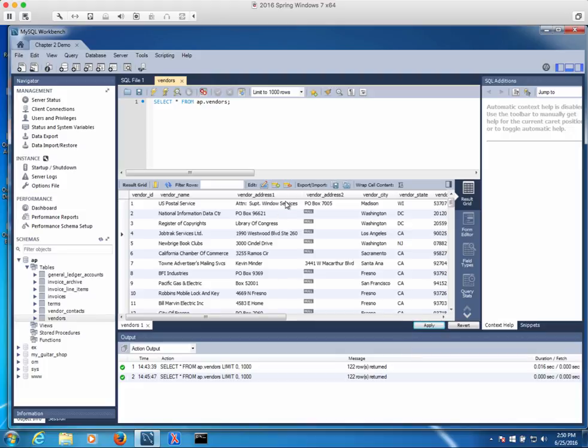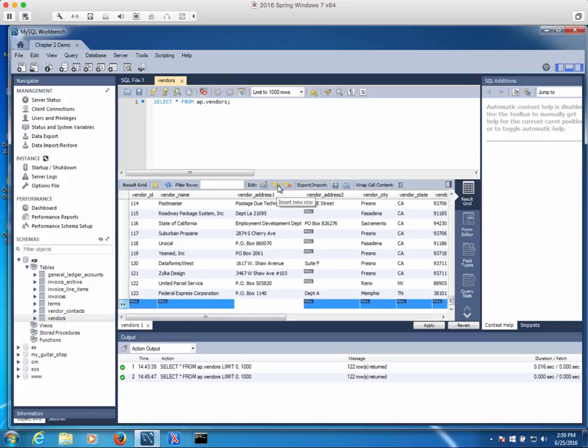I can also, let's say I highlight that line, I can come up and click this plus icon to say I want to insert a new row. We insert new rows at the bottom, so it took me to the bottom. So I can put all the fields in here, and then I can go through apply,